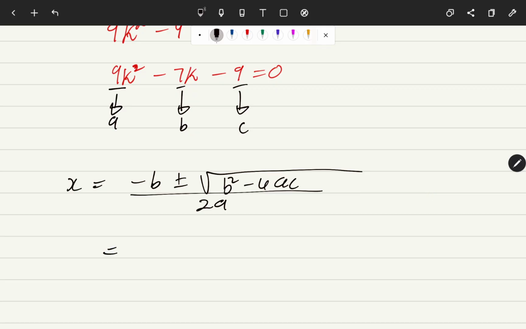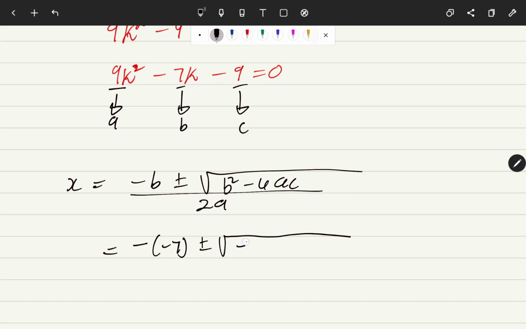I'm just gonna substitute now. It's negative 9, so my 9 here, it's just a positive a, so no, it's 7, guys. So it's negative b. What is my b? My b is minus 7, so minus 7. Whew. Almost got that one wrong. Plus or minus